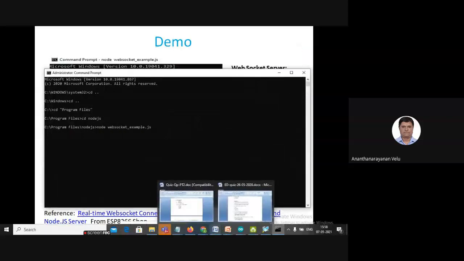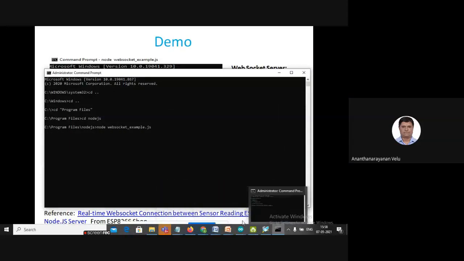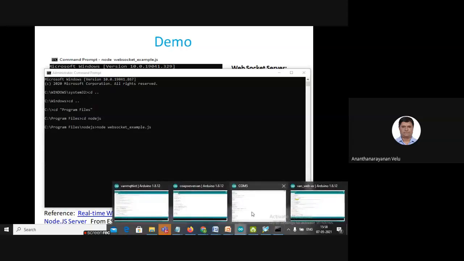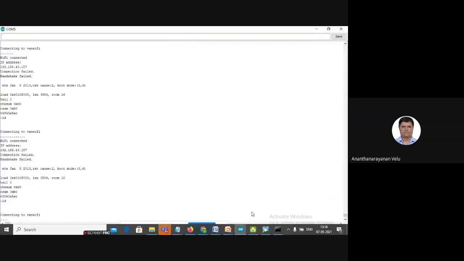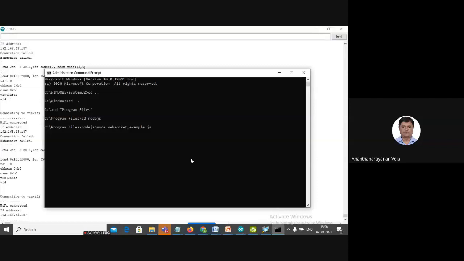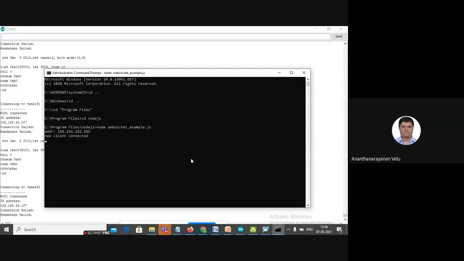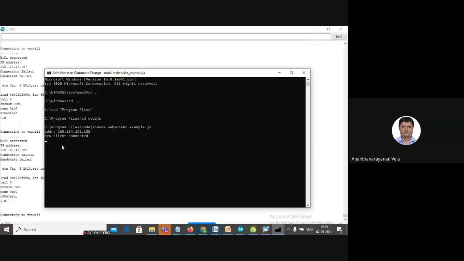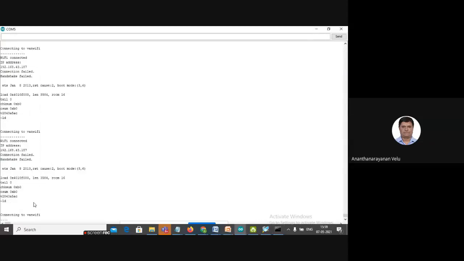WebSocket example, right? So look at here, till now, the Arduino is saying not connected, right? It is not able, connection failed, handshake failed. So now what I'm going to do is I'm going to run this WebSocket. Okay, yeah, it's connected, and the new client is also connected. Okay, so the remaining thing is, right, the handshake success.